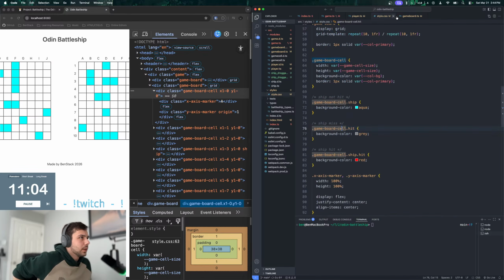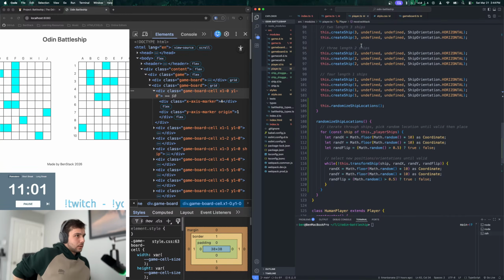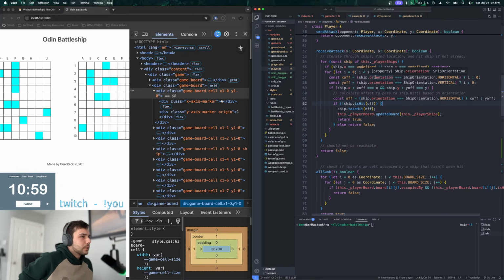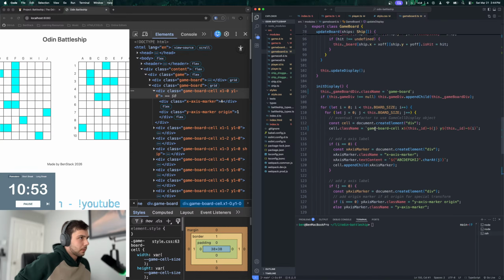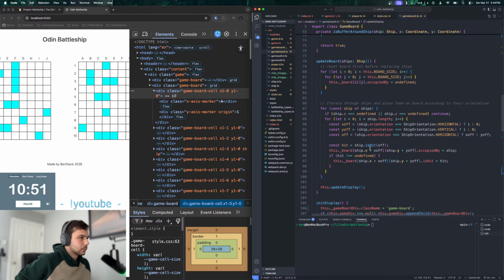So I can probably handle that. So where's the class actually being added? So we receive attack and then we update the board. And then we update the display. This dot board is hits. So we're only adding the hit attribute to